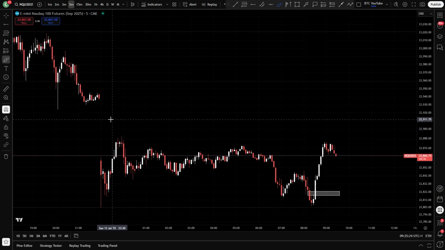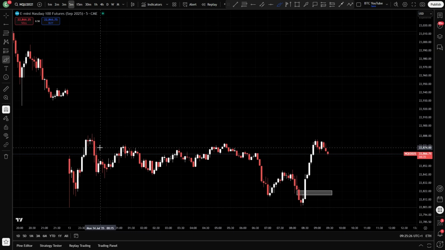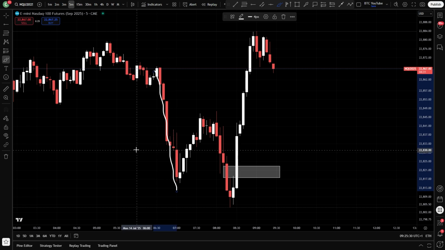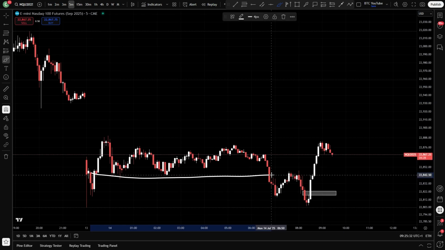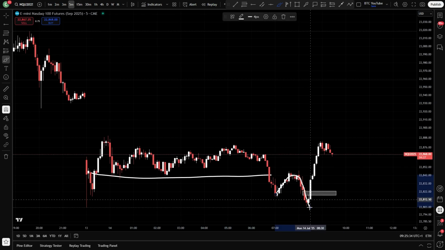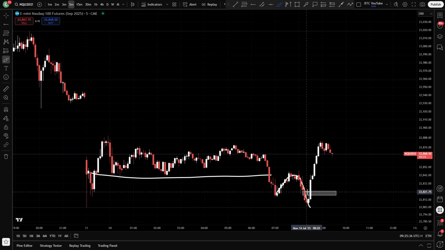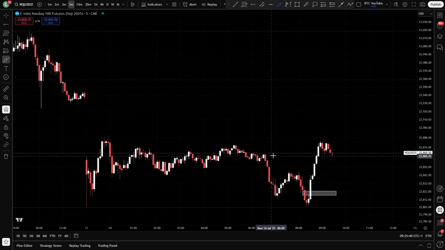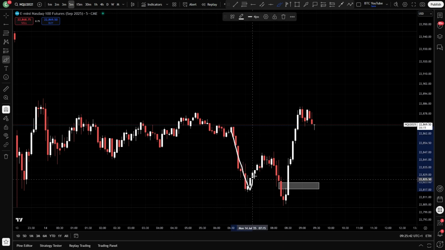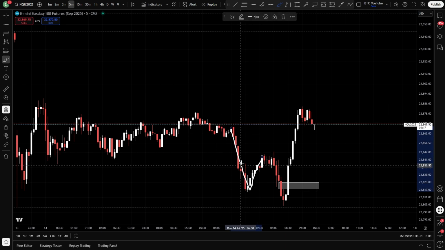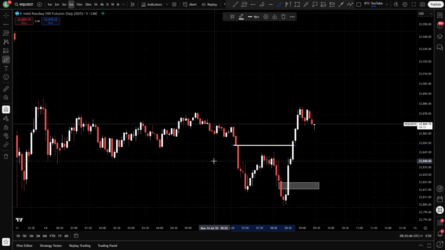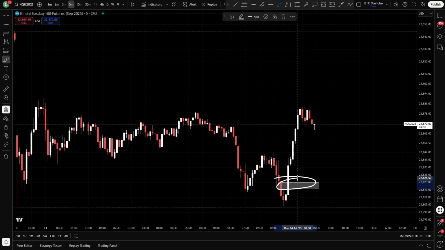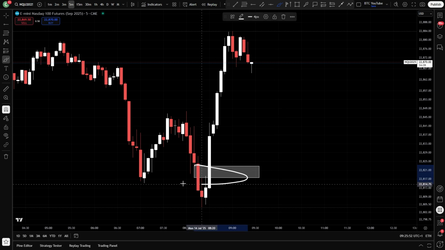This is a big good target that you can come up and try and hit. And I saw that we were going sideways in this kind of accumulation here. We've got this manipulation down, sweeping out all this liquidity here. And then we've got this nice manipulation leg where we come down, we sweep again. We didn't sweep the true low here, but we did get this nice manipulation down. A little bit of a V-shape and consolidation, but we never inverted this fair value gap here, as you can see. And then we came down, we got another sweep, and then we got this really big momentum candle above